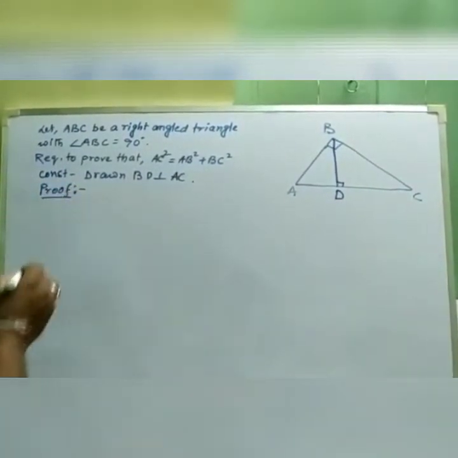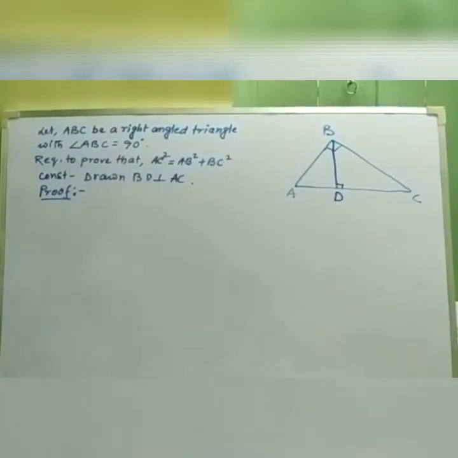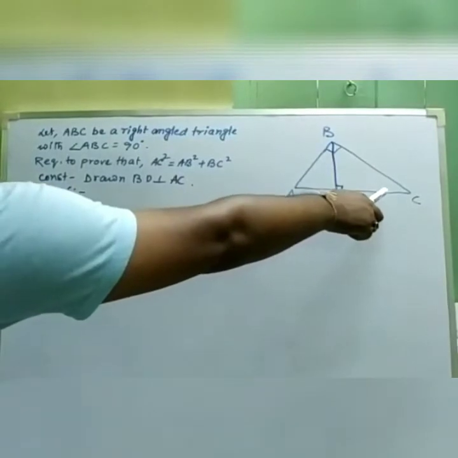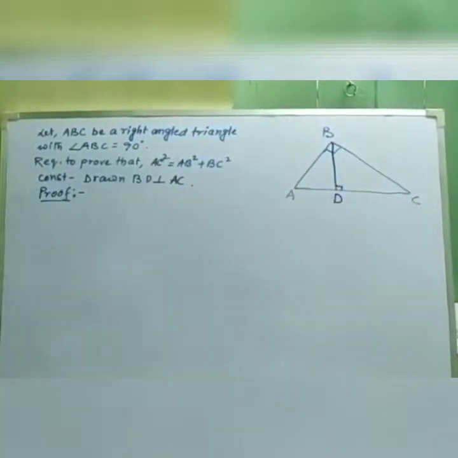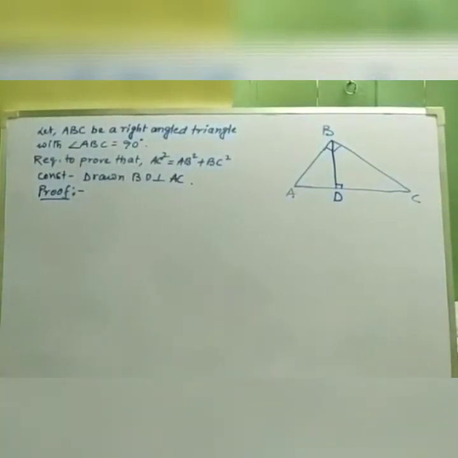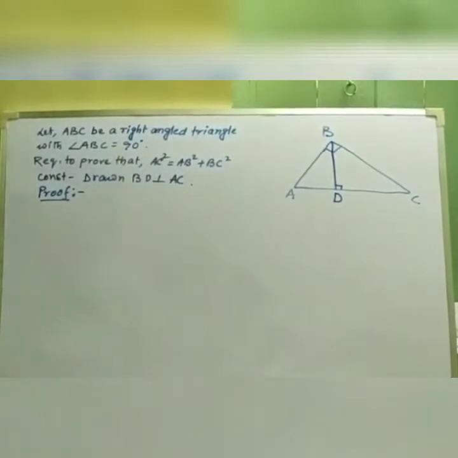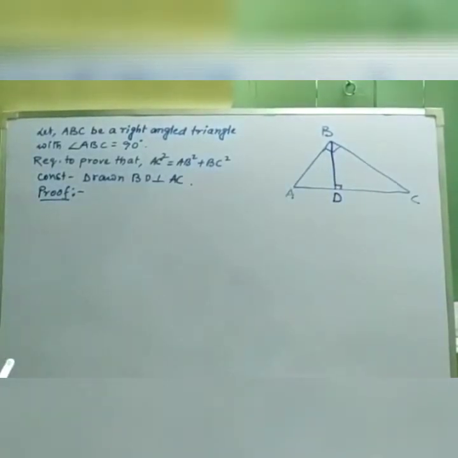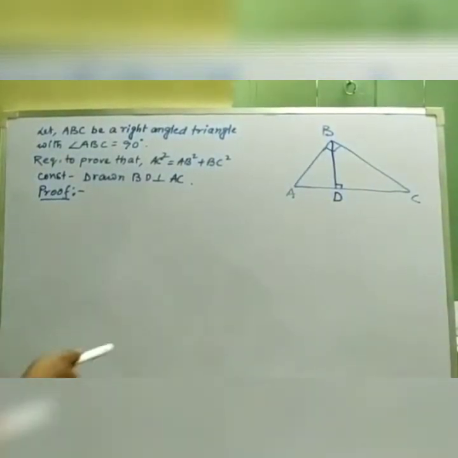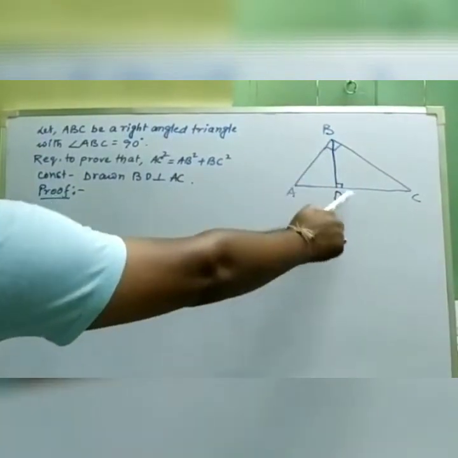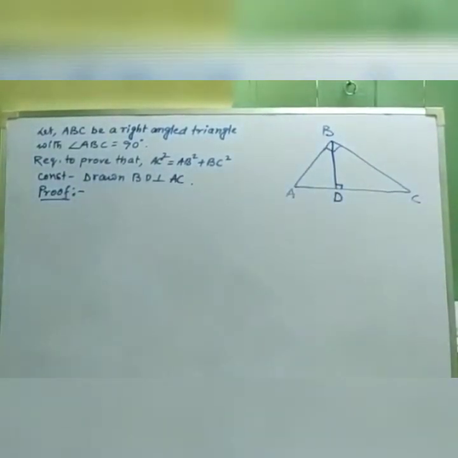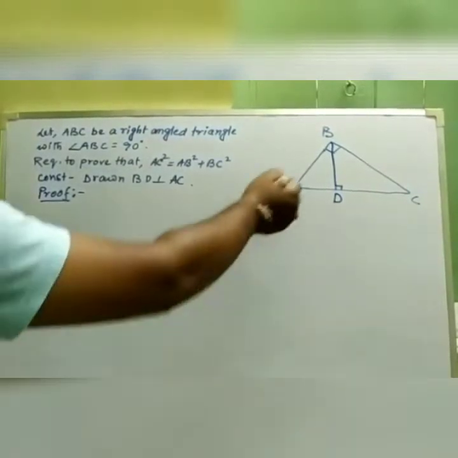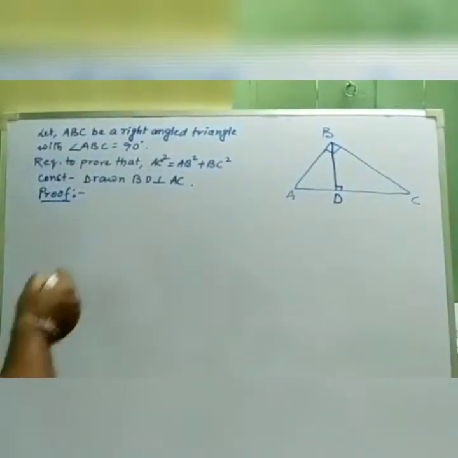In this case, you can see that you have three triangles. One is this ADB, another one is this CDB, and the whole triangle ABC. Here you need to prove that two triangles are similar. We take this small triangle with the big triangle, prove them similar, and use the property. Again we will take the other small triangle and the whole triangle to be similar, and then use the property. So let's go for the small triangle ADB and the whole triangle ABC.